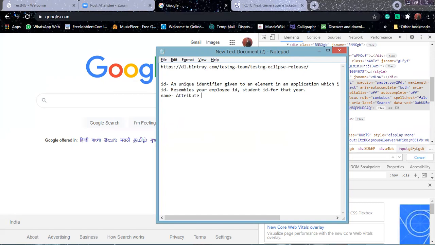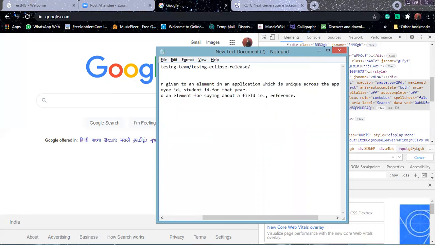Attribute given to an element for saying about a field, that is the reference.